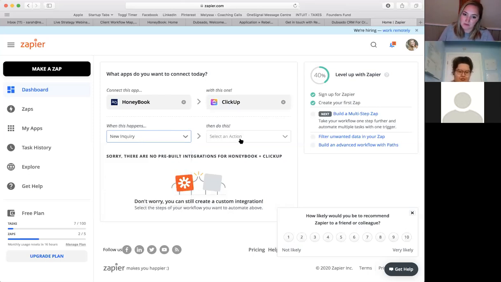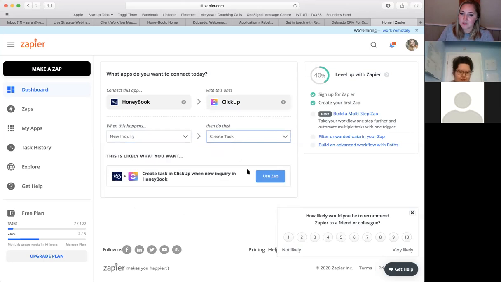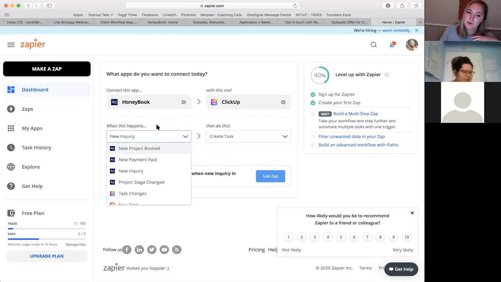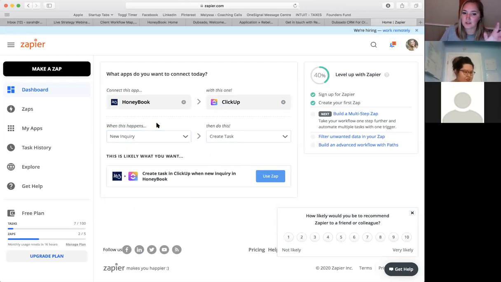So say a new inquiry, then it would create a new task. And then from here, it'll force you to go through the settings to choose what folder you want it to go to in ClickUp. I don't know in HoneyBook. I know the integrations between Dubsado and ClickUp are limited. I've never tried to link HoneyBook and ClickUp, but